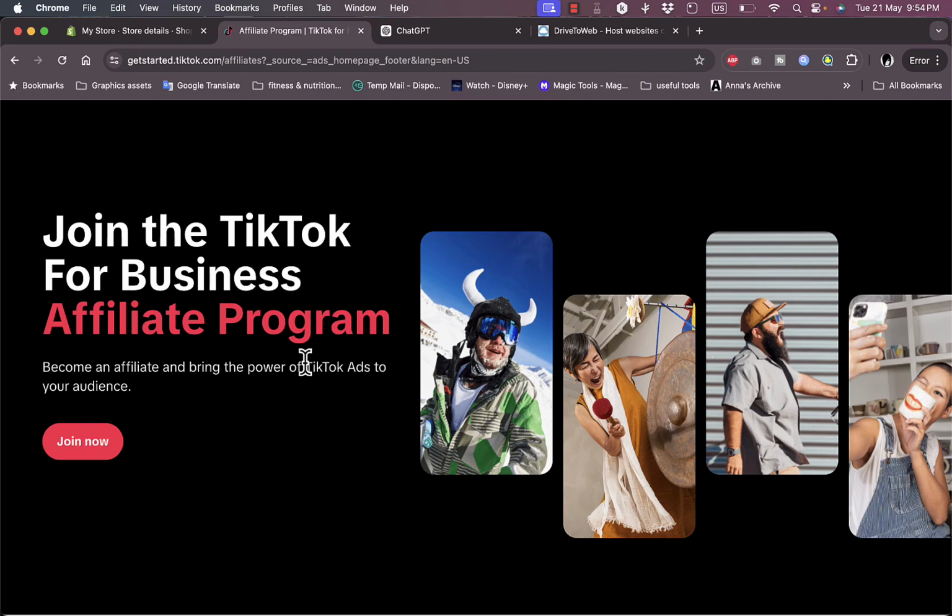money. So the affiliate program for creators is simply for you to promote a certain product on your page, on your TikTok account, and each time someone buys this product through your link, your affiliate link on TikTok, you'll get